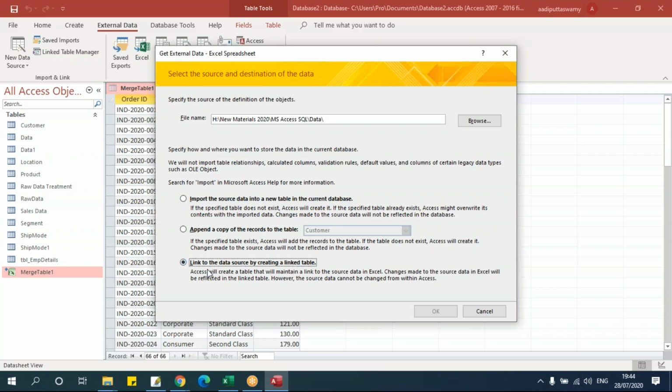Link table, link to data source, will link and create a new table here, but it will not actually have a structure here. It will refer to the source, and whatever data we update there will get updated here. So those are the three different options we have to import the data from other sources.